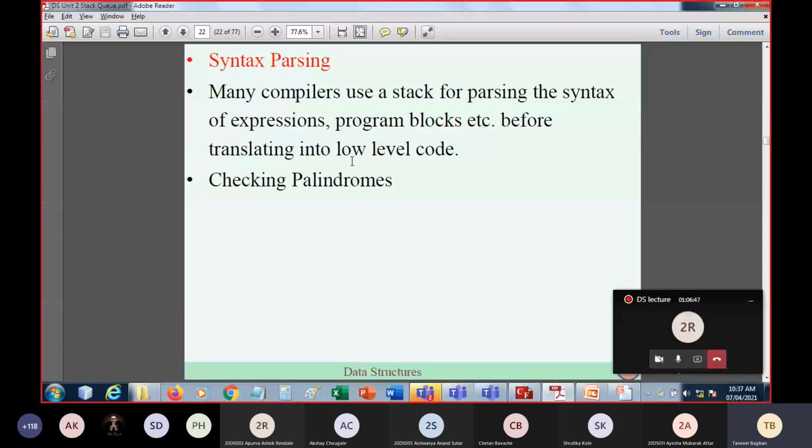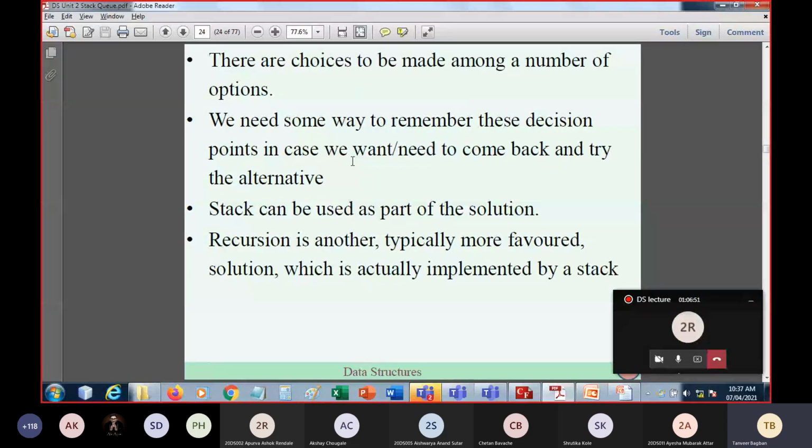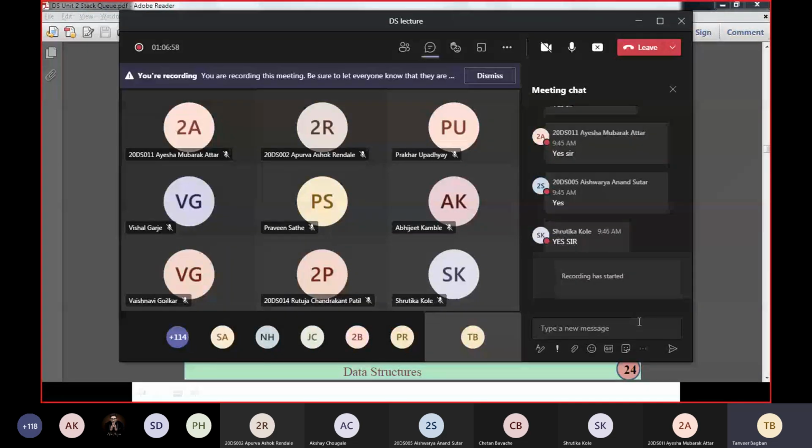So the same thing is explained over here. So okay. So today we discuss